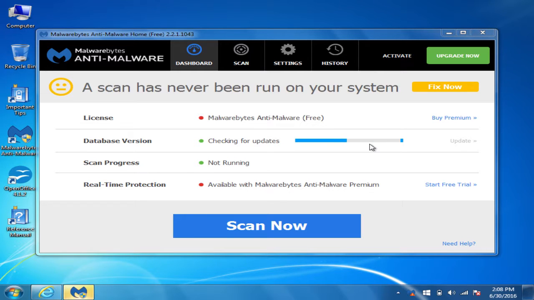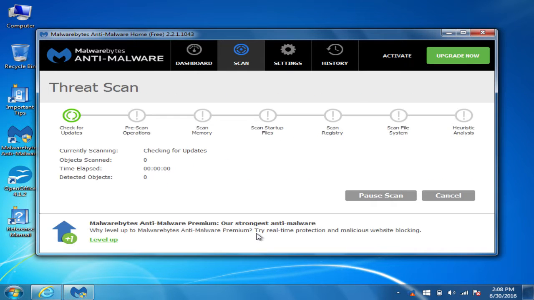Now, Malwarebytes is fairly easy to use. All you have to do is click Scan Now, and it'll check for updates beforehand, which you can see here. And then it'll go through its various stages of checking your computer for viruses and infections. And when it's done, if it finds anything, it'll tell you how serious it is and exactly what it is. It'll probably find a lot of cookies and potentially unwanted software files, as it calls them, which in and of themselves are not necessarily a bad thing.